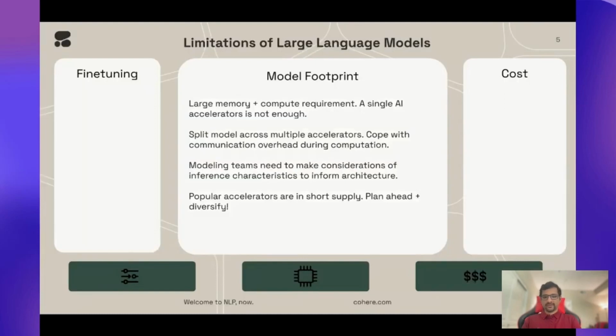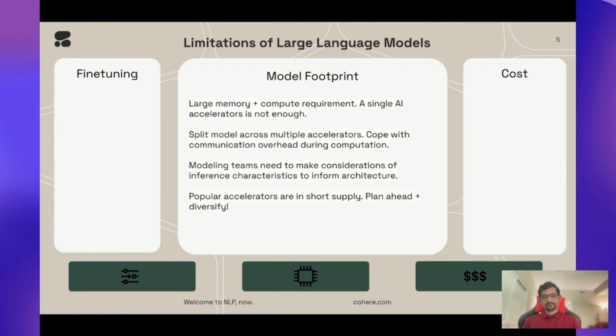In terms of limitations of language models, the first thing I like to call out is the model footprint. And here you can think of not just the resource footprint, but the overall time and investment that goes into the actual model. Not only are these models really large in terms of their memory and compute requirements, they also have limitations in the case of the fact that a single AI accelerator isn't always enough to serve them. So you have to split them across multiple accelerators, and now you have to deal with an entire new realm of problems. I try to think of this as the communication versus computation trade-off, and you need to find ways